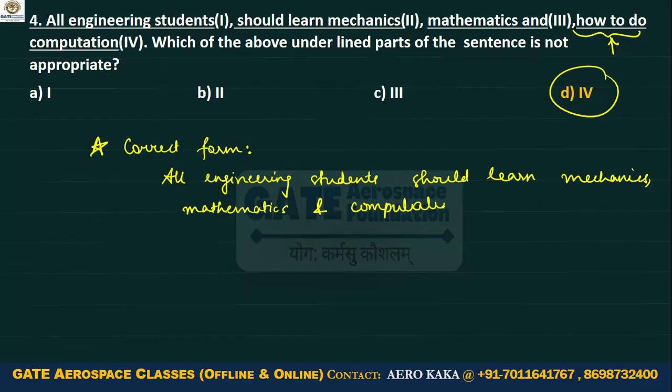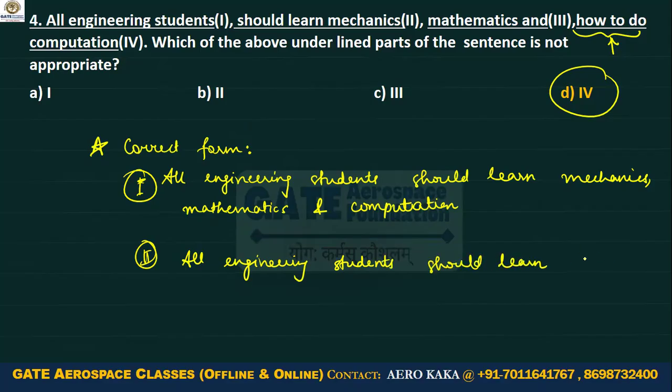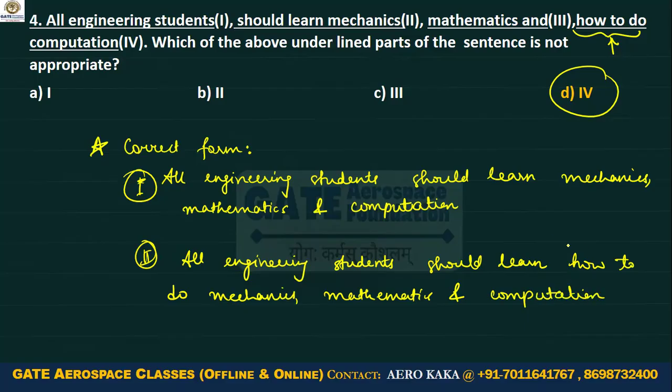So this can be one way to write. How to do is something which makes this statement incorrect. Or the second way would be: all engineering students should learn how to do mechanics, mathematics, and computation. So what I'm trying to say over here is if you compare these two statements, you will get